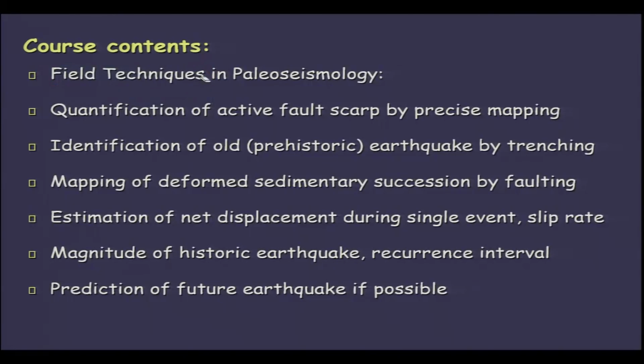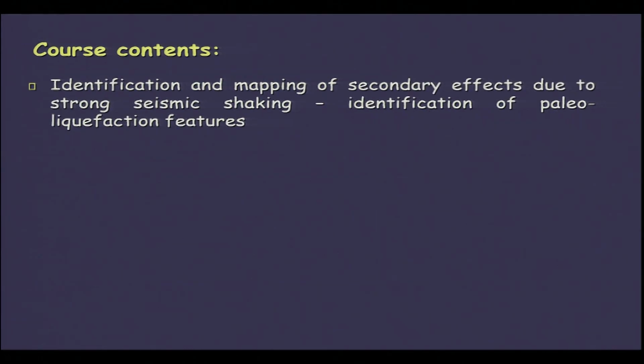Okay. So these are a few points of the course content which you will come across as we move further in this course. Further, we have the identification and mapping of secondary effects due to strong seismic shaking. Now, identification of what we call liquefaction features. So why is this important? Because